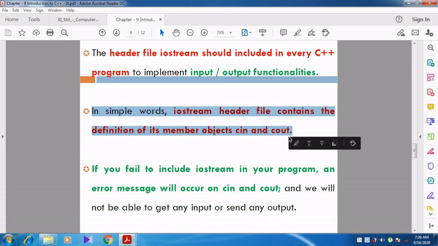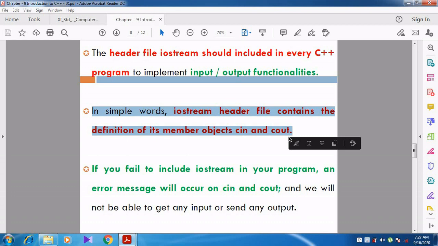Cin is the input statement and cout is the output statement. These objects are already predefined in the iostream header file. So whenever we include this header file, only then can the compiler understand what is meant by cin and cout.